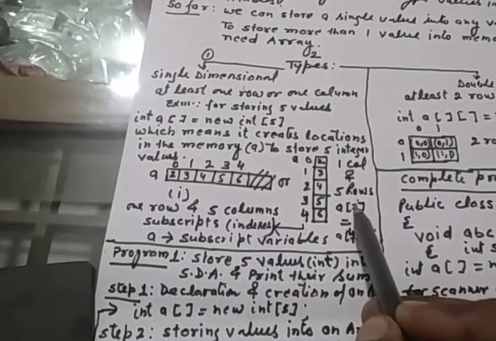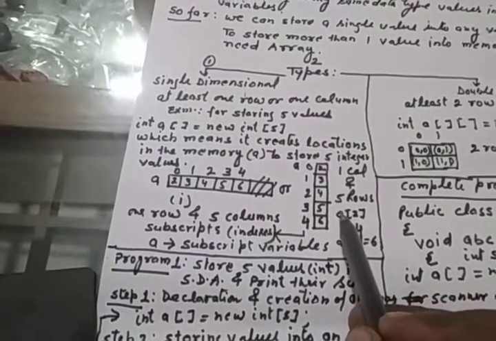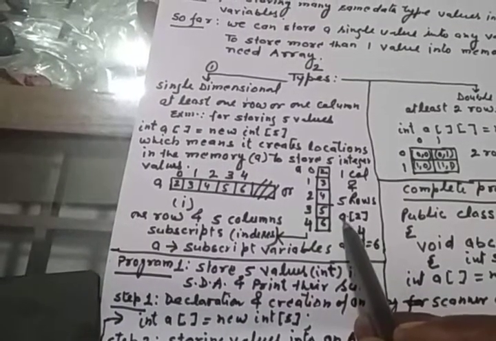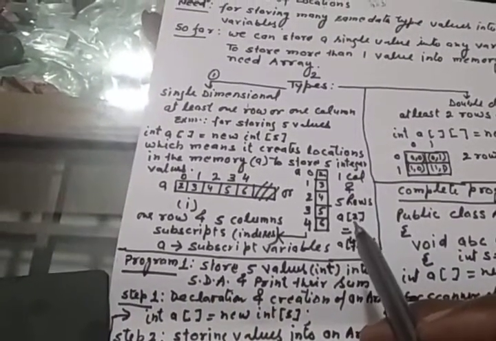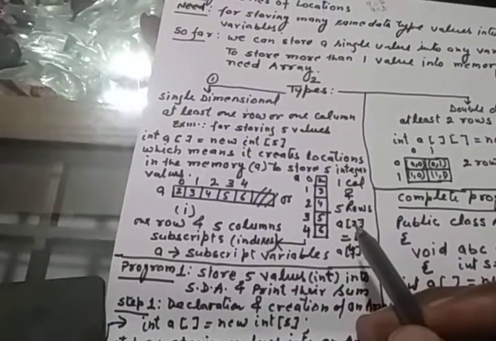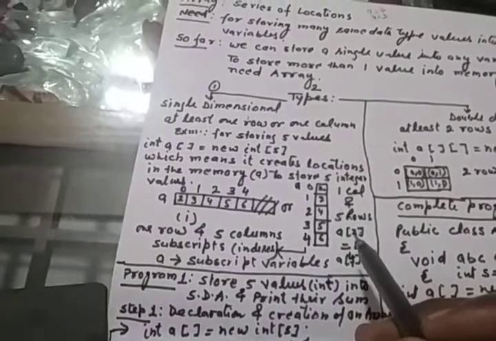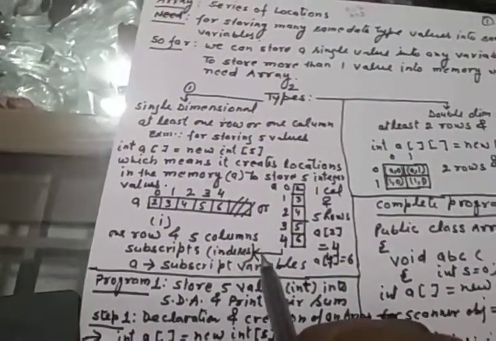Please remember this keyword. I am talking about subscript variable. So array name is a subscript variable and its location is known as a subscript. These are very important. It is being asked in the examination. What is subscript? Subscript is a location or the index of an array. Subscripts means indexes. A means subscript variable. So 2 points are clear to you?